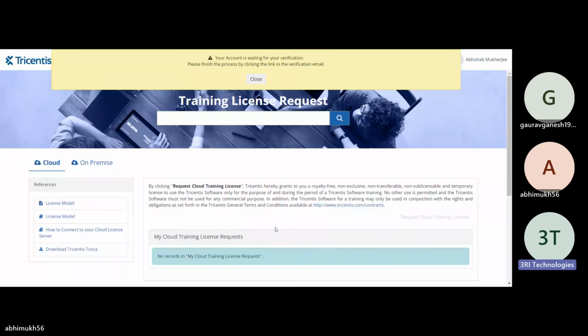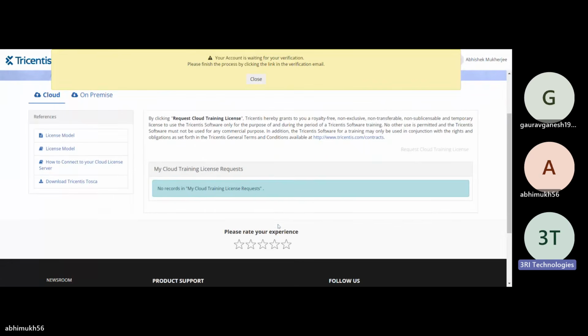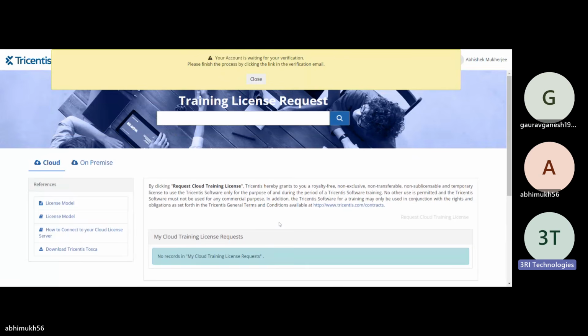Okay, you will have to verify your account, Abhimuk. I guess you have given your email address, right? You will have to open that email and verify your account. You might have received a verification email. I think that's in my office email ID. Okay, because I've given my company email ID, since it was asking for it for transferring the certificate. Yes, they have changed the entire process now.